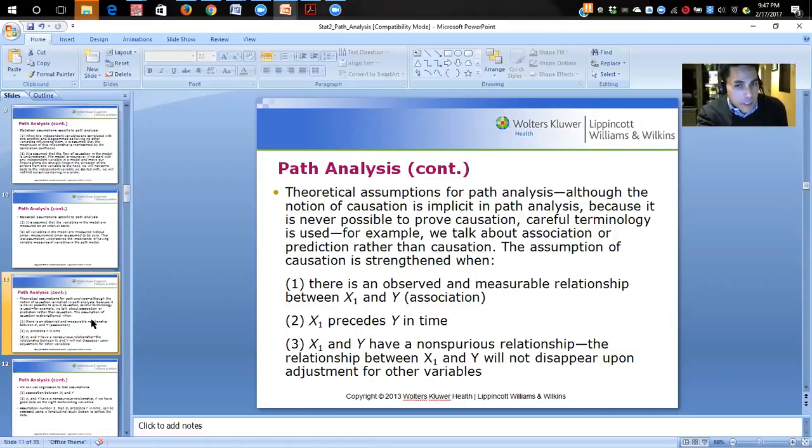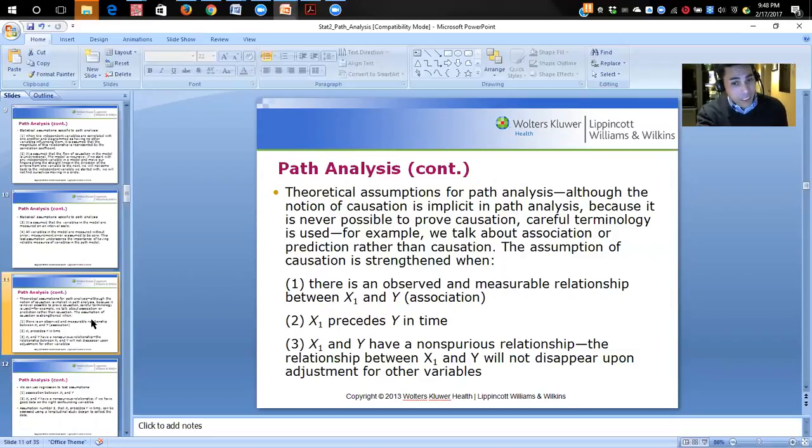So these are basically a repetition of the conditions of causation, because number two is what we call temporal ordering. And then number three, independent variable and dependent variable have a non-spurious relationship, and the relationship between them will not disappear upon adjustment for other variables. So that's the absence of confounding variables, and that's what we call the third condition of